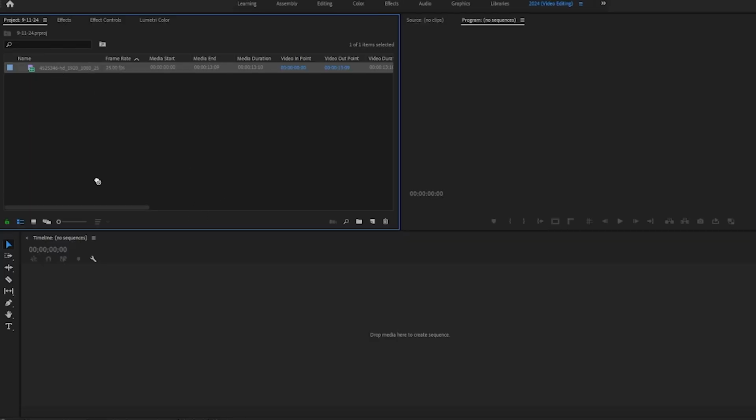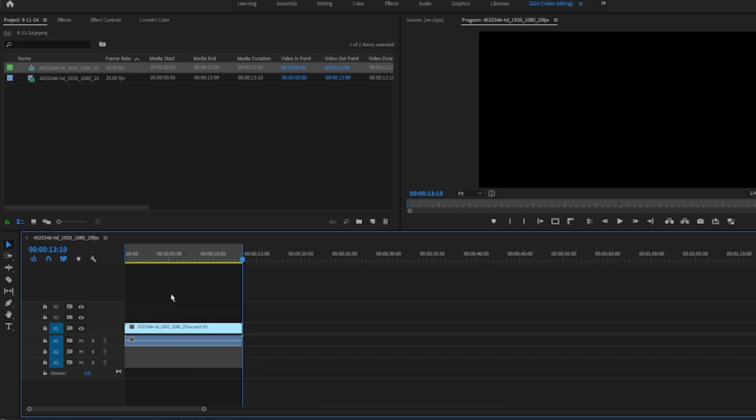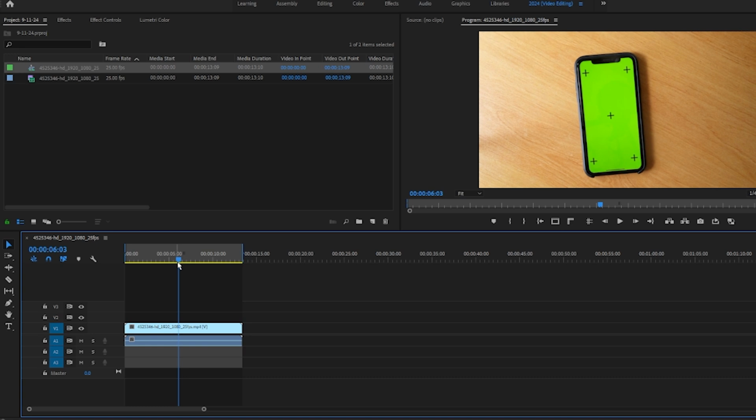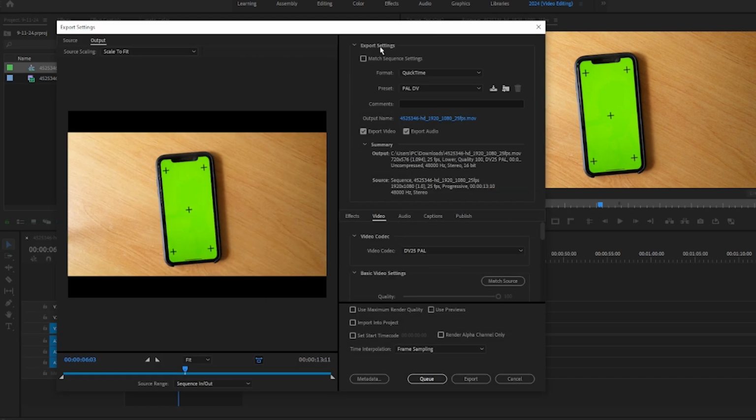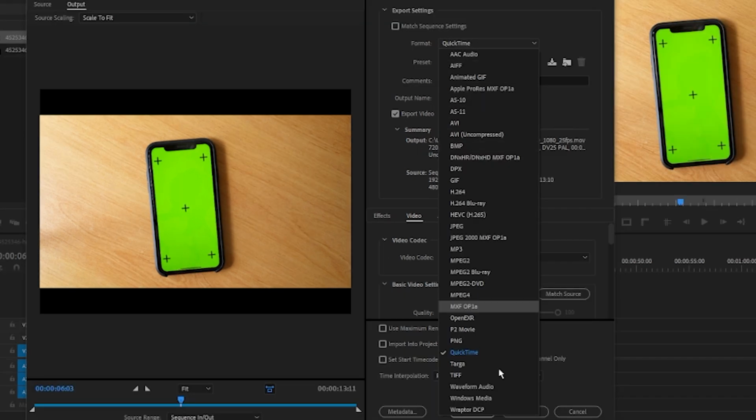In Adobe Premiere Pro, it is pretty straightforward. It's the same thing. I'm going to add an in and an out point, so we're only exporting this, because we want this to be a transparent video for TikTok. And then press Ctrl+M on your keyboard. This will bring up the export settings, and then under format, whatever it's currently set to, you want to scroll down